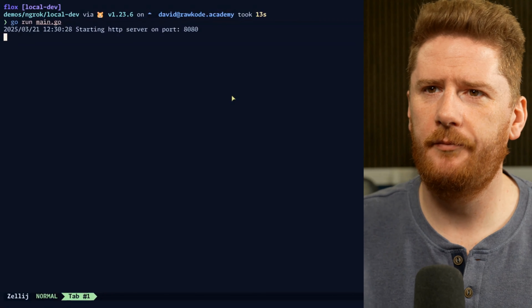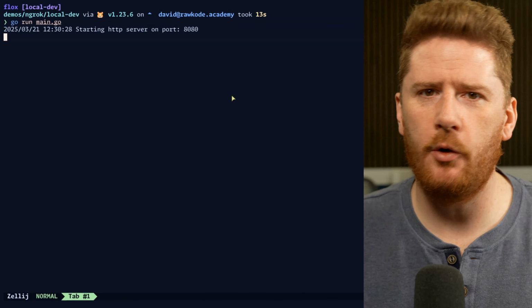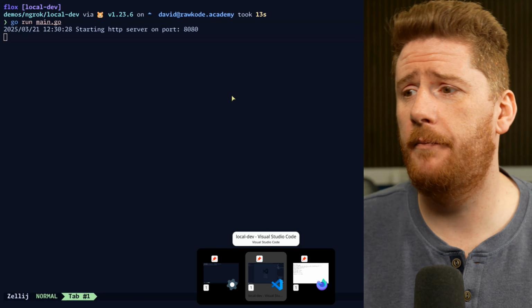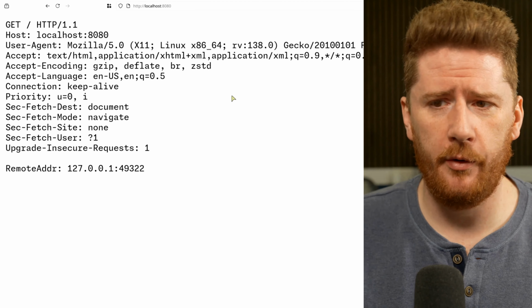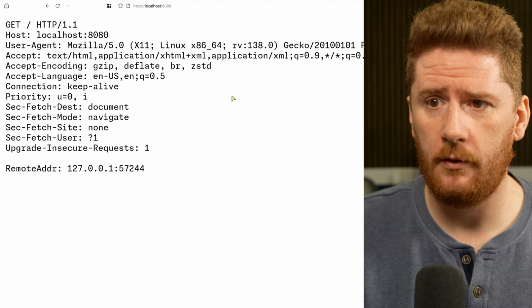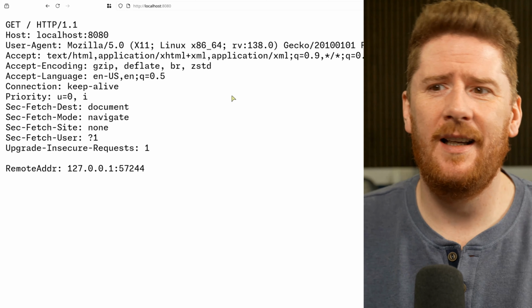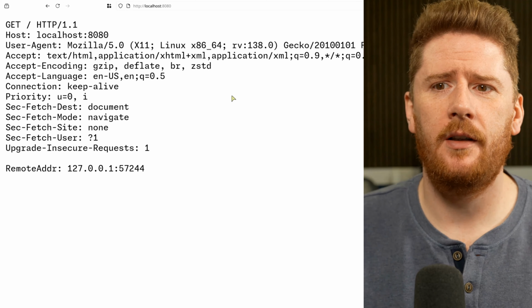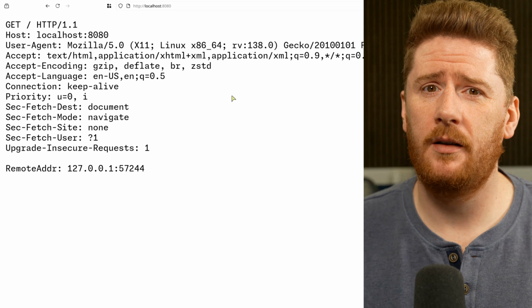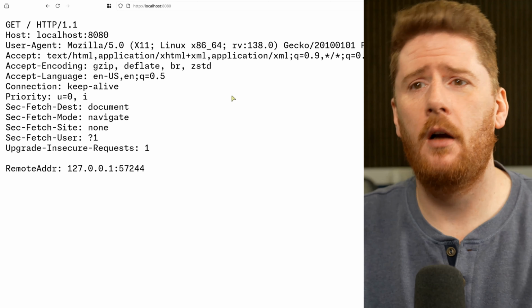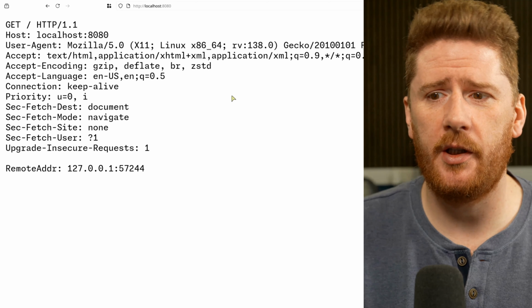So here, I'm working locally on my Go project. The web server is running on port 8080. We jump over to the web browser. We can hit refresh as many times as we like, and it continues to deliver the response that we expect. This application is super simple and it is just dumping out all of the HTTP request information that we have